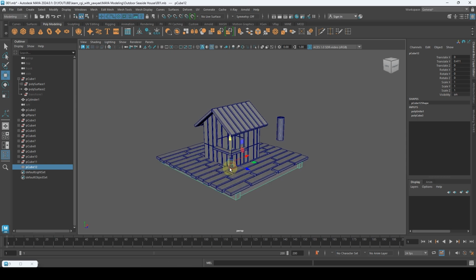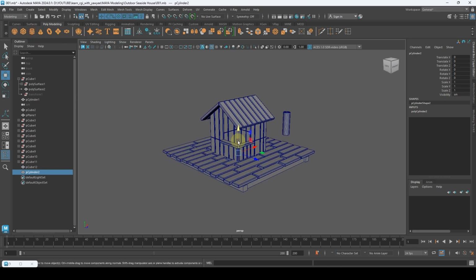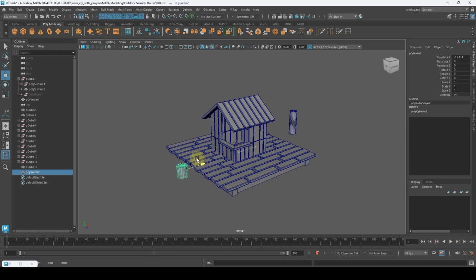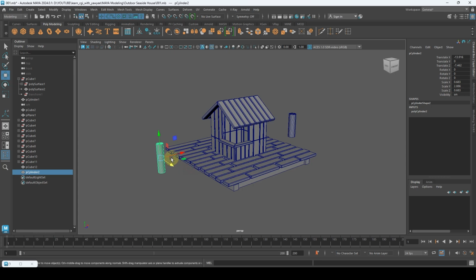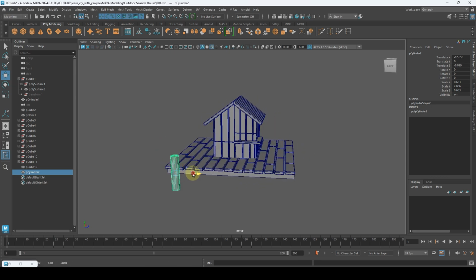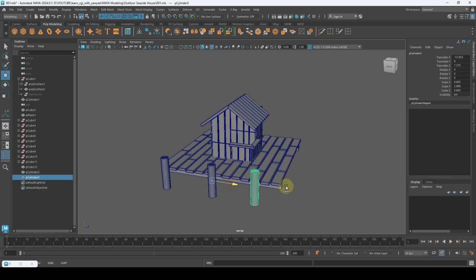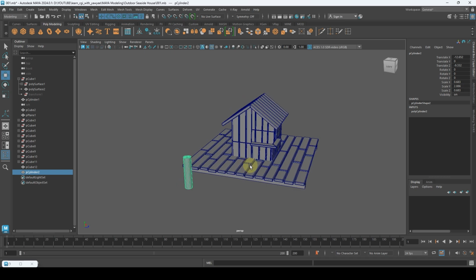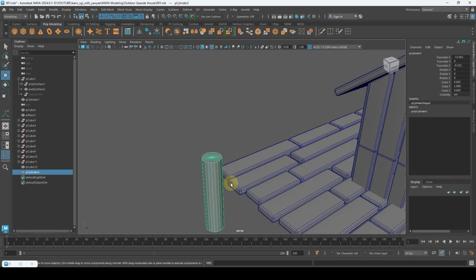So now let's add a cylinder pillar. Make sure it's long enough. Pull over. There. And shift clone. Shift clone. Okay, before I shift clone this,